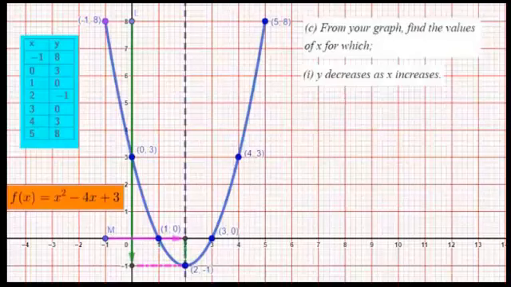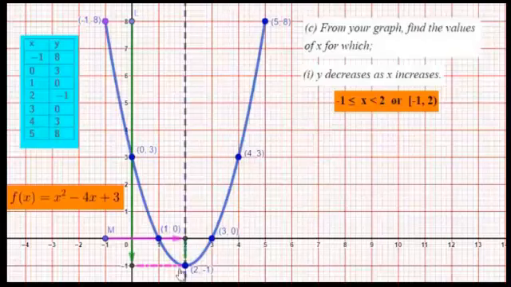Therefore, our answer would be x is greater than or equal to -1 and less than 2, because at 2 the graph would be flat,